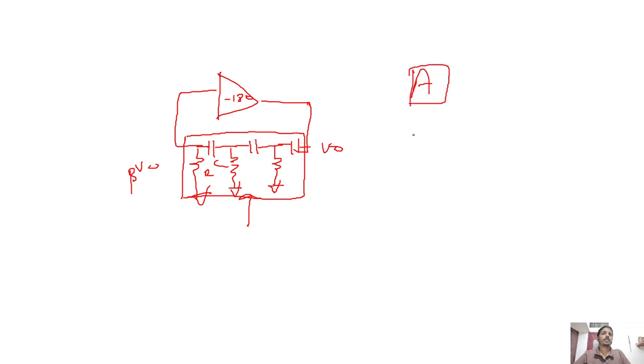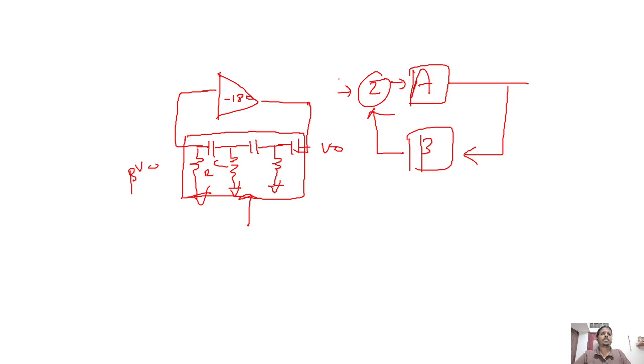So I have beta, and I have a summer here. I simply denote it as plus. Say beta of s varies with respect to frequency. So it is plus minus, a negative feedback. And for a particular frequency, if beta is negative, this will be positive feedback, which means